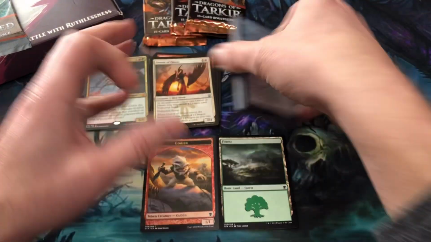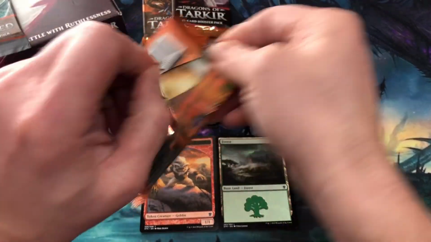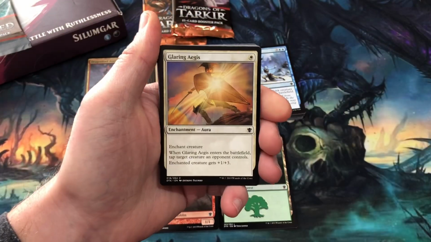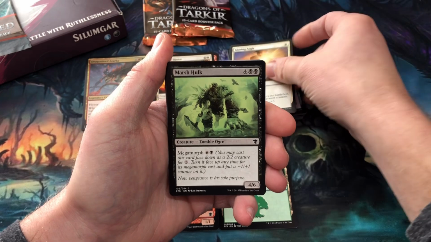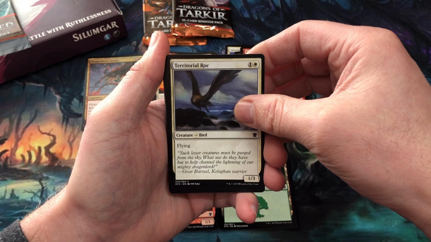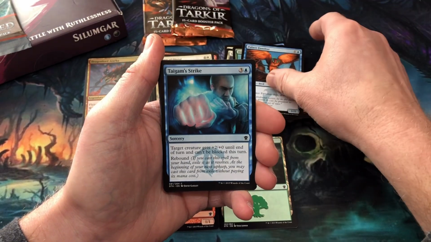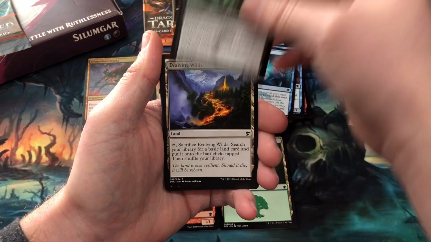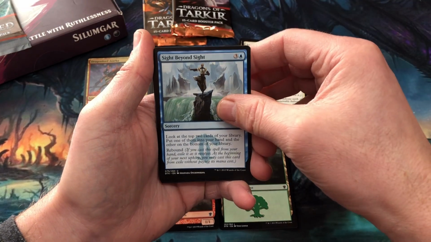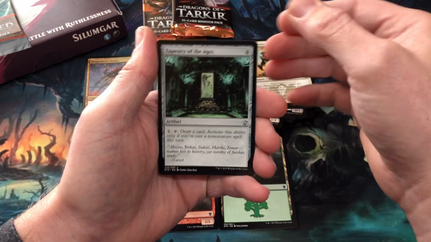Okay, I like it. Next pack, see if I can pull another valuable card. Would love to get another Sarkhan, maybe a Narset. Glaring Aegis, Marsh Hulk, Lose Calm. This pack's kind of similar to the first one I just opened. Territorial Rock, Dragon Scarred Bear, Palace Familiar, Tigam Strike, Silumgar Butcher, Evolving Wilds, Sandcrafter Mage, Sight Beyond Sight is the first uncommon, Scaleguard Sentinels, Tapestry of Ages, and